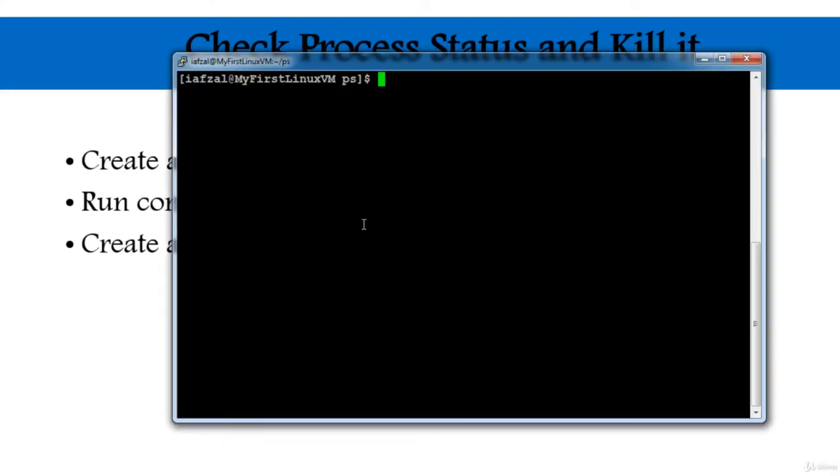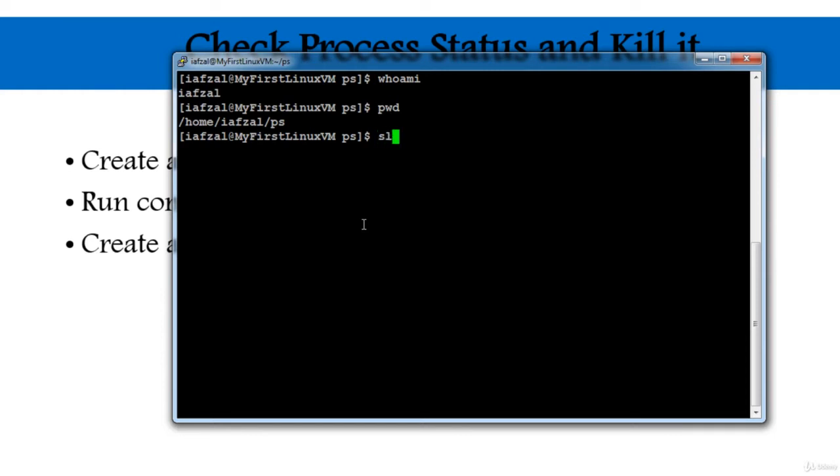For that, let's go ahead and log into our Linux server. I'm logged in as myself and I am in my home. I have a PS directory, which is a professional script directory that I created earlier. Anyway, before I create a script, I wanted to test my commands. So I will run